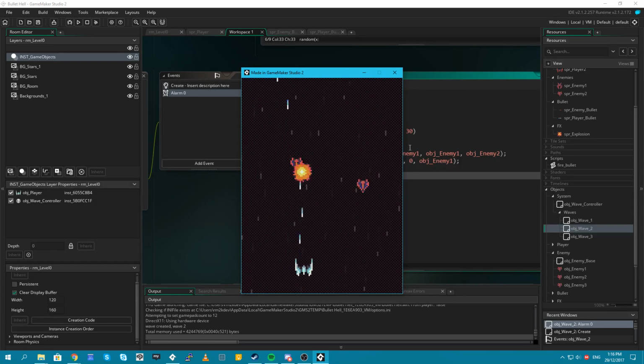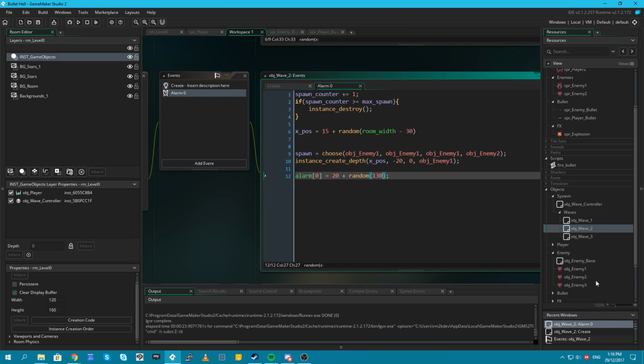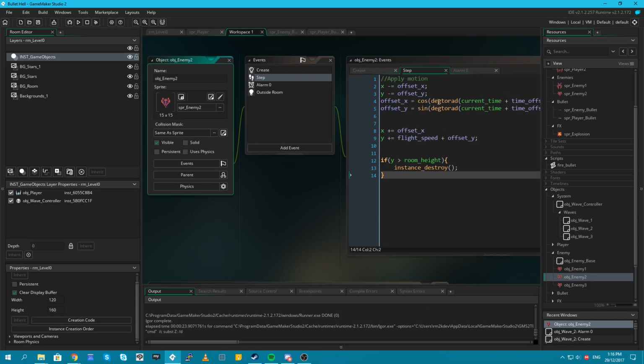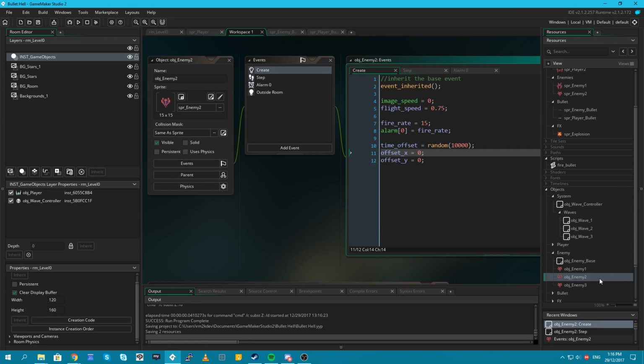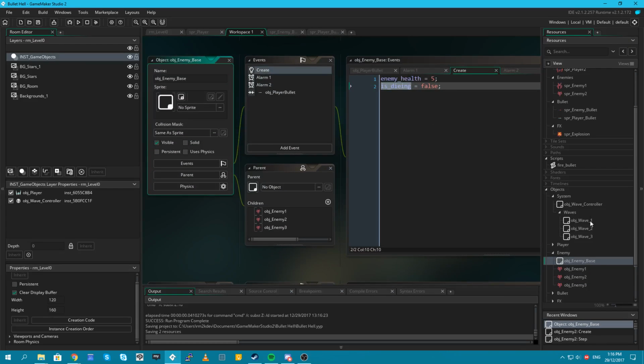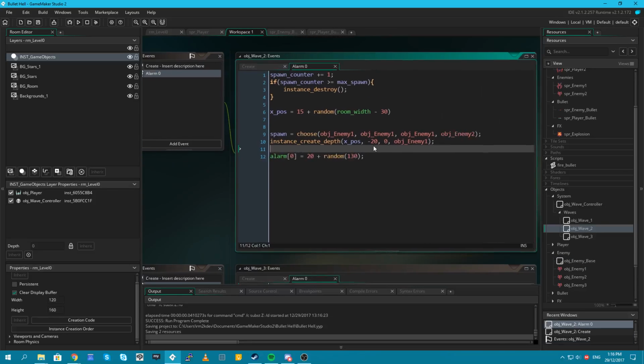Yeah, then there should have been a shooting guy by this point. Have we disabled their shooting mechanisms? Ah, we have. They have no flight speed. That might be why. So let's set this guy to 0.75 for flight speed, and let's also increase the wave from...